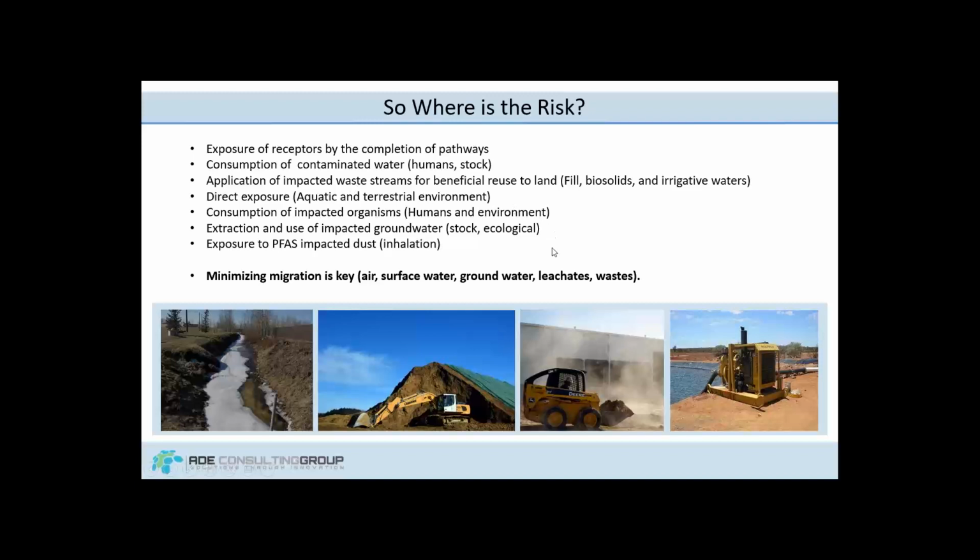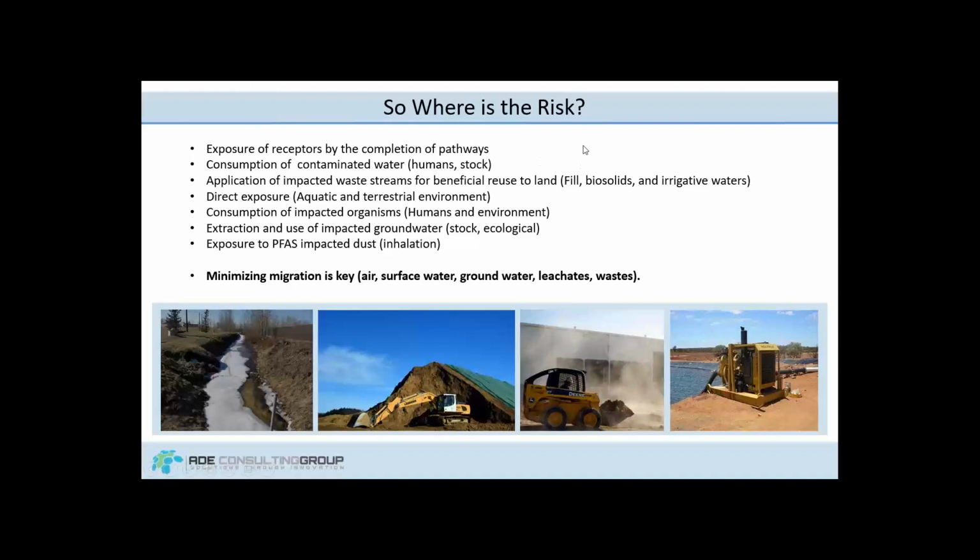So where is the risk? I mentioned earlier that we spend a lot of time talking about managing water and groundwater. We do manage our soil, and we are aware that transporting soil can create migration pathways. However, we don't look at the transport of soil quite as hard as we should. And then obviously dust is another one that I spoke of. Fugitive emissions and dust is one that we're only just starting to touch on to a greater extent at the moment. Probably not a major transport pathway of PFAS moving off-site, but for localized exposure to workers or people on impacted sites, there may be more to it.